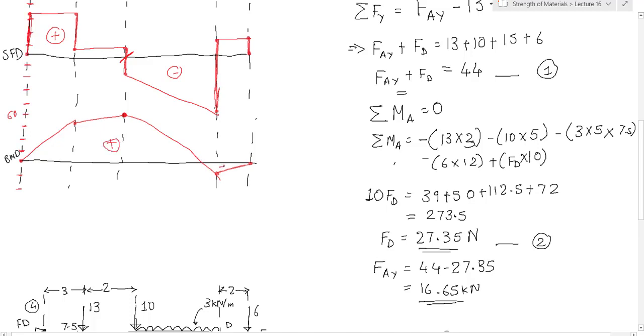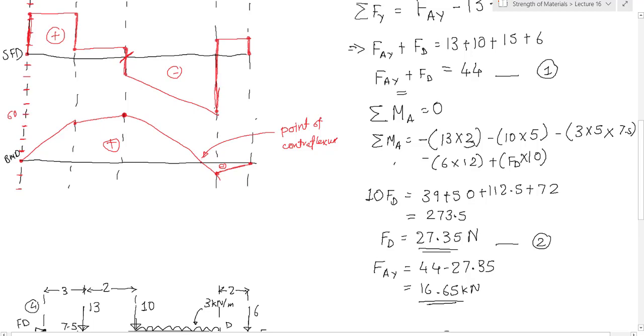This is plus, this is minus. This point is known as the point of contraflexion. What is happening over here? In this case, the bending moment is going from positive to negative, right? So at this point, this is the most dangerous point for the beam. This is where the maximum possibility of beam failure is. So we have to find out the location of this point so that we can reinforce it. Otherwise, this will fail.